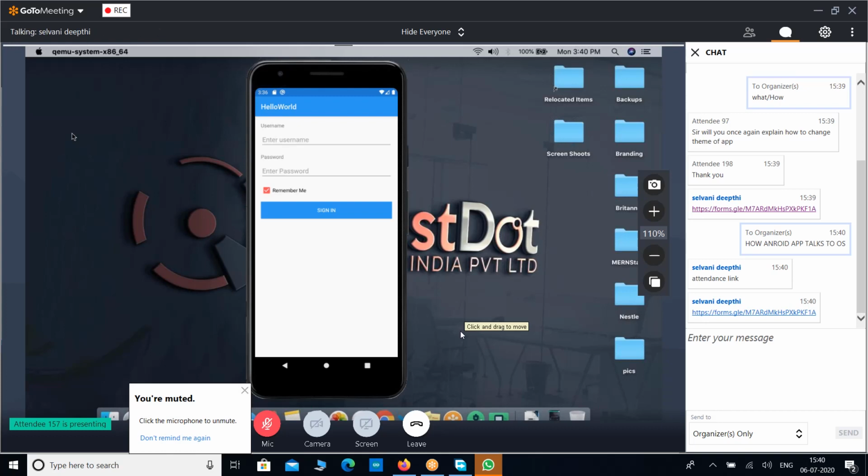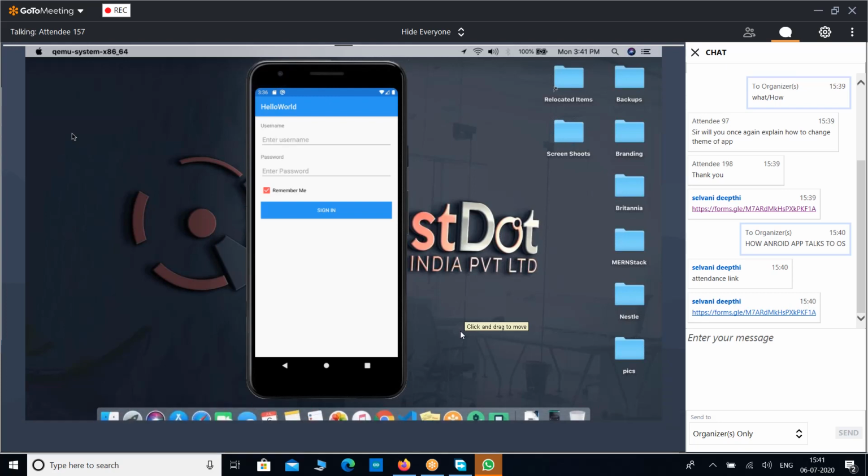How do Android apps talk to the OS? You want to talk directly to the operating system, but for security purposes Android always restricts apps from talking with other apps as well as the operating system. It enables a couple of resources: you can talk to content providers like a SQLite database, or shared preferences. There are very few resources from the operating system you can access.